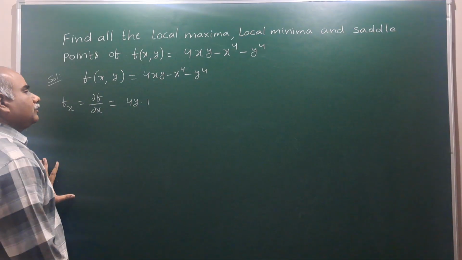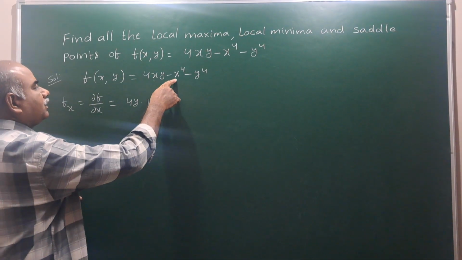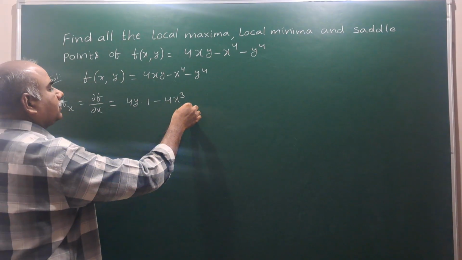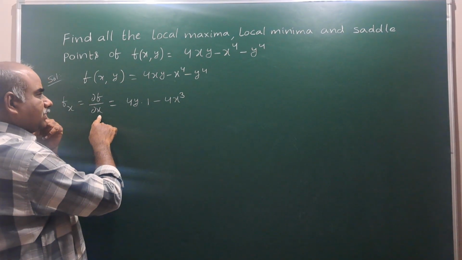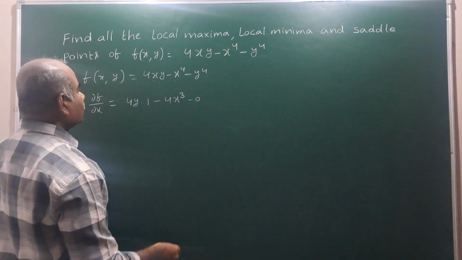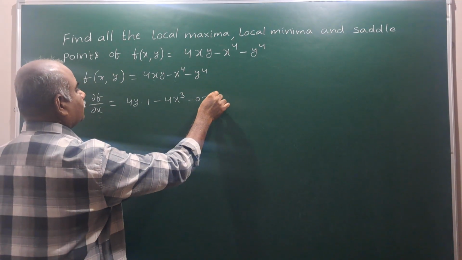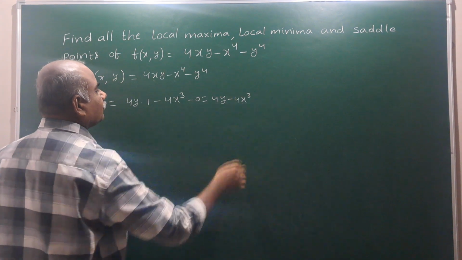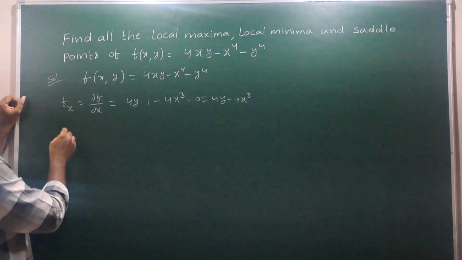So 4y into 1, 4y, and derivative of x power 4, which is equal to 4x cube, and with respect to x partially y power 4 is completely constant. So its derivative is 0. So totally this is 4y minus 4x cube. Okay. Next,